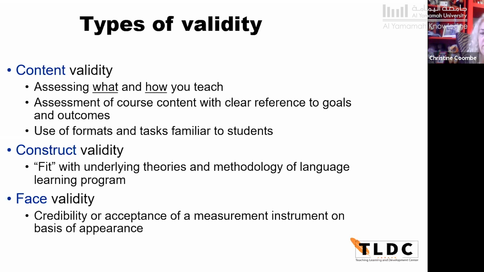Now, face validity is a third type of validity, which is very important for teachers. And this actually refers to the credibility or the level of acceptance that stakeholders have in your assessment instrument. So what can happen to a test's face validity? Well, anytime you see a typo or a formatting problem, anytime you see something like that, or an item violation, that has the potential to affect the test's face validity.